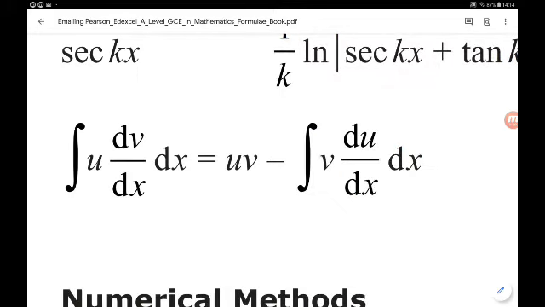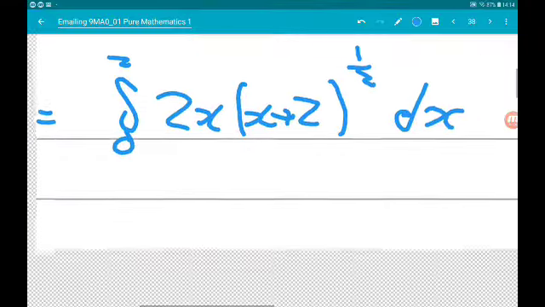Here it is. Remember, you can get the formula sheet down below in the description. So, we always choose u as the one that's going to terminate, eventually at least, when we differentiate it. So, we're going to let u